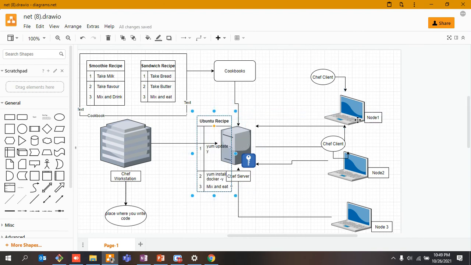Ohai will say, no, I do not have it, this is the latest one, kindly pull it. So your chef client will go over here and pull it from here to the node, and your node has the latest code. There is also a process known as bootstrapping. I'll tell you later how it is done and how everything is performed.